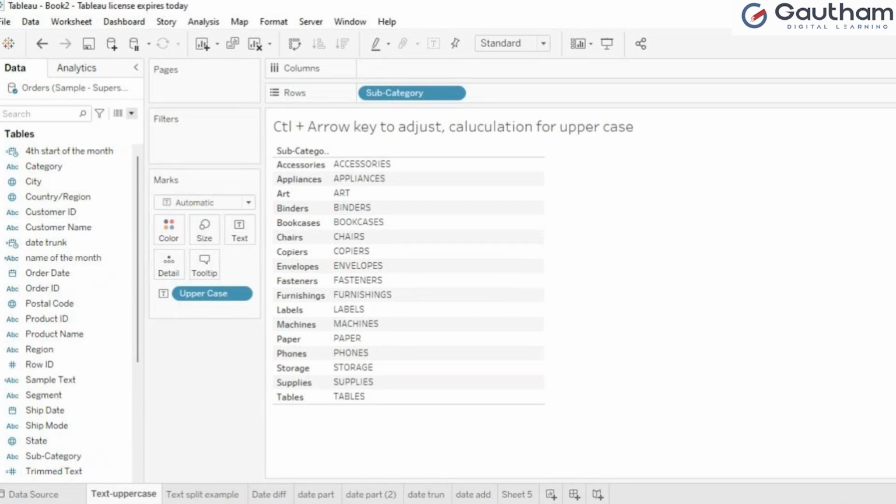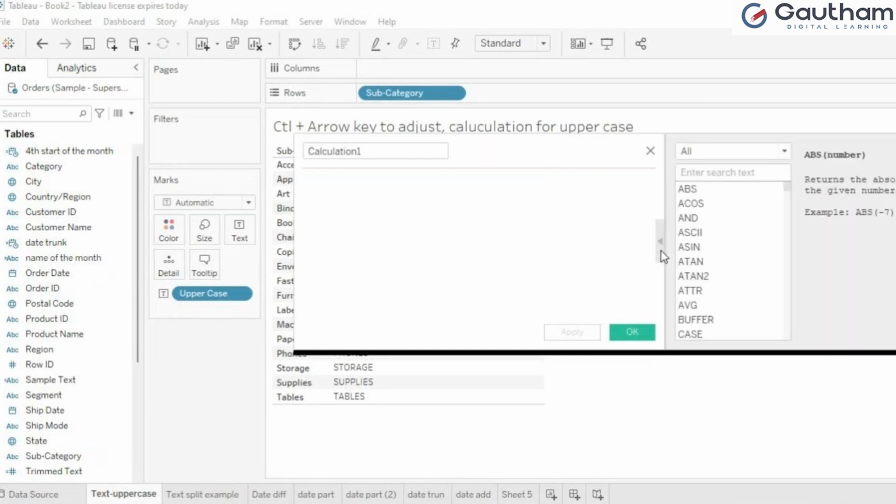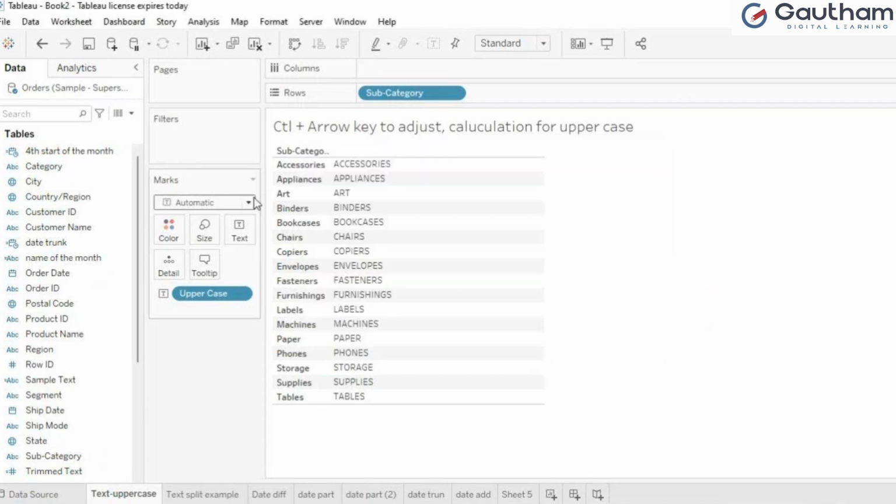If you can see, 180 plus calculations will be there. So many are there, 180 plus. They are inbuilt, no need to create them. If you wanted to create one, just click here. You can see on the side one what they'll give and what you wanted to do, they'll just explain to you. This way you can learn. But for now, I'll explain a few of them. So many are there that it is very difficult to understand and give you a live example of each.